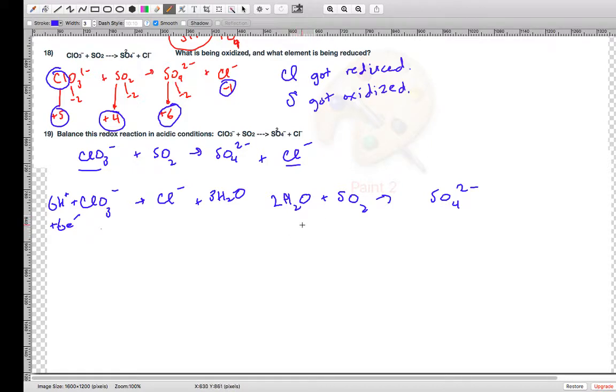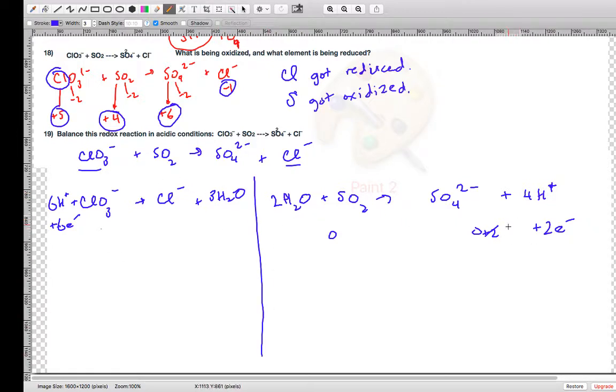And now I add hydrogens. There are 4 hydrogens here, none over here, so I add 4 hydrogens. And now I add electrons. Let's see. I have 4 plus and 2 minus. Total charge here is +2, or the total oxidation state is +2. Here it's 0, so I need to add 2 electrons over here to cancel this 2 out, so that this could also be 0. And there are 6 electrons over here in this half reaction, and